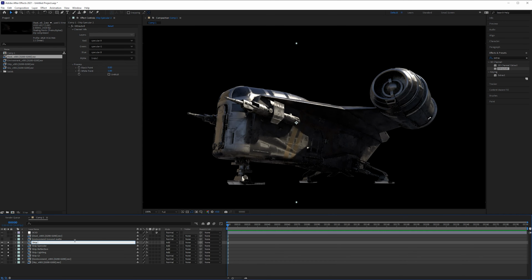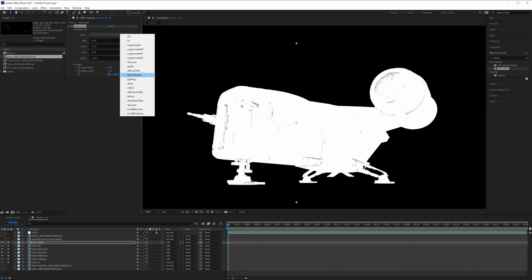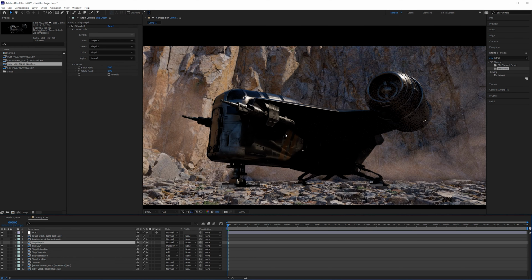All right, so for this, we're also going to be using After Effects to have a look at our basic composite, just to make sure that everything is lining up as we expected. So make sure you have the OpenColor.io plugin installed. If you have any questions on that, please refer to one of the previous videos where we set that up, or you can always post a comment. All right, let's get started.